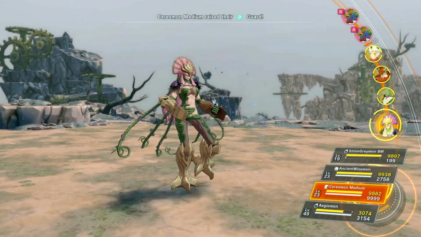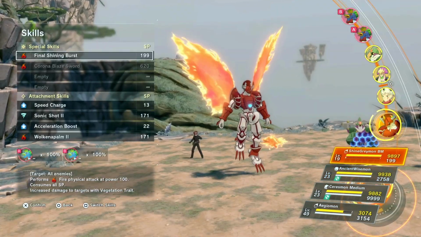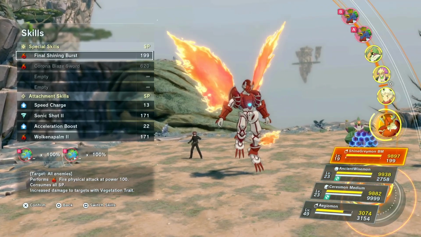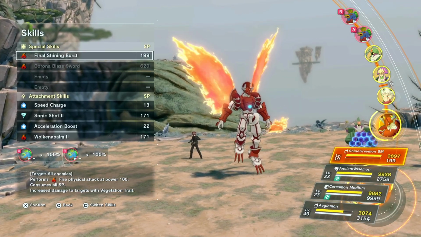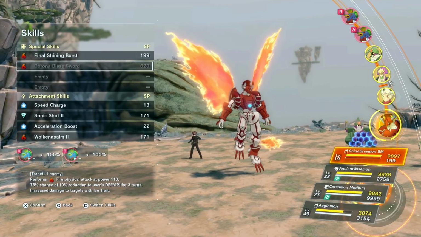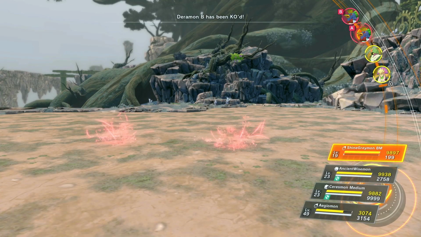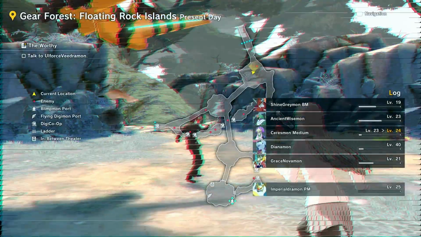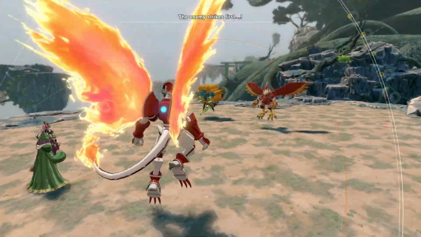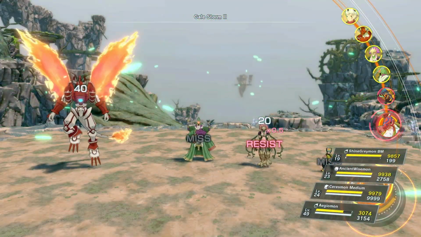Now if you notice, I can still use the attack even with 199 SP. So it doesn't matter how much SP he has as long as he has some. It's not like Gundramon, where the lower the SP, the lower the damage. As long as you have any amount of SP, you can just fire these off. The damage is not affected. So therein lies the secret. He's not nerfed. You just have to know how to use the